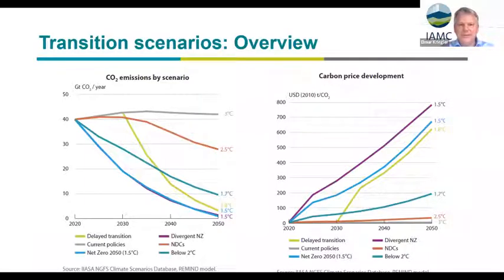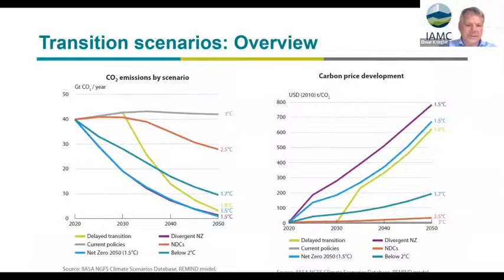Now this gives you an overview of what came out. You see the CO2 emissions on the left-hand side and corresponding carbon prices on the right-hand side for the example of one model. And you can already see the disorderliness in one scenario, which is a delay scenario, where you have really a change of course in 2030 and a jump in carbon price. The disorderliness in the purple scenario, which is the sectoral differentiation, is not so clearly visible here, but you can see it in that the global average carbon price here is much higher because you had these very high carbon prices in the